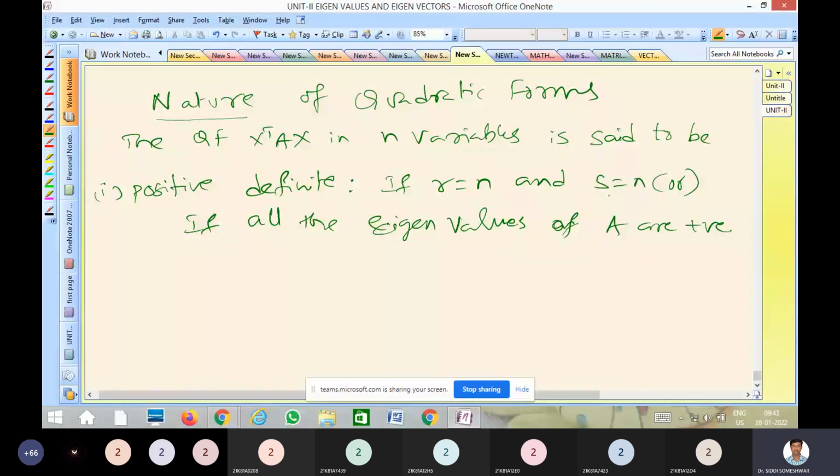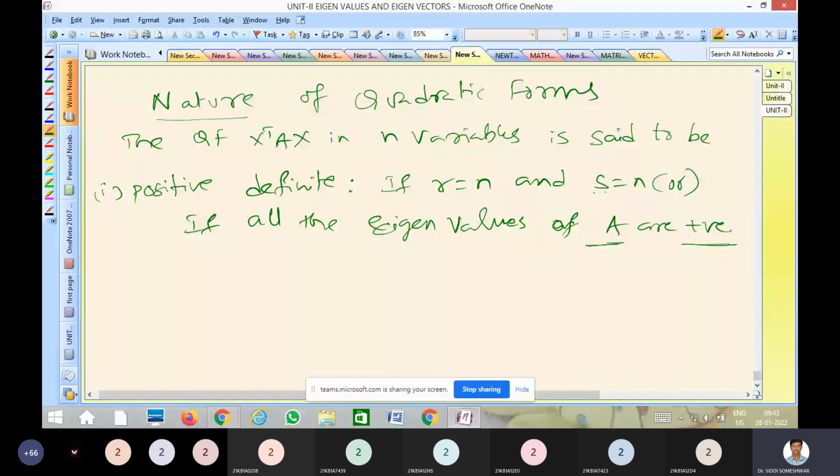So we are finding the eigenvalues of capital A, and if all the eigenvalues are positive, then we can say this is positive definite. Or you can check here the rank, which is equal to the number of unknowns, and